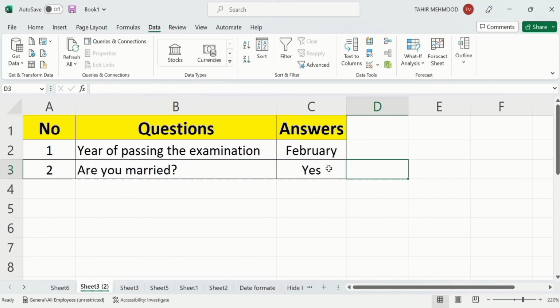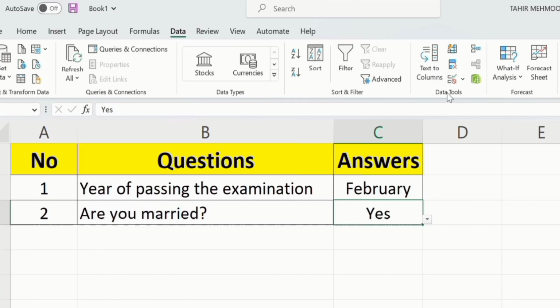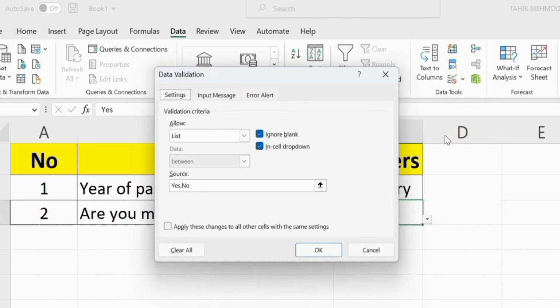Now come to the second point. If I want to edit this list which contains only 2 options, for that purpose go to the data tab, and in data tools you will find the option of data validation. You can see here I have written yes or no in source, and you can also write a third option by inserting a comma after no. I will write avoid,